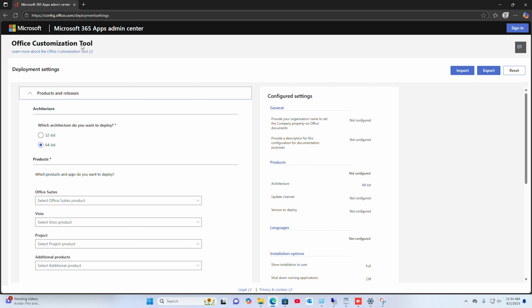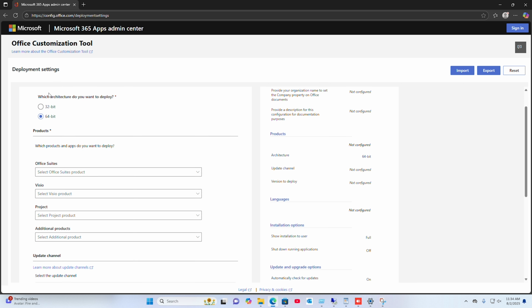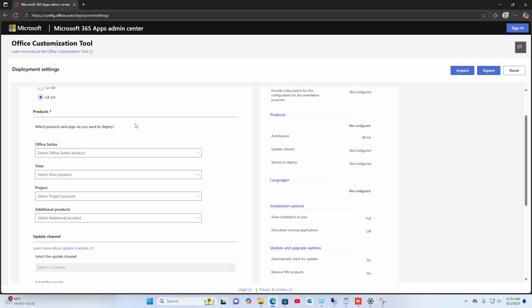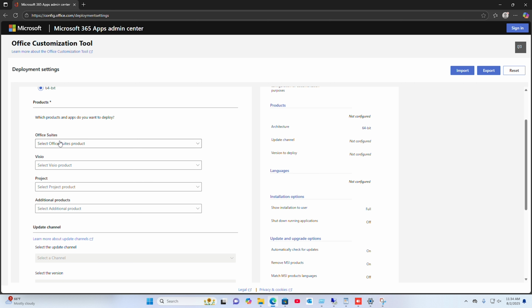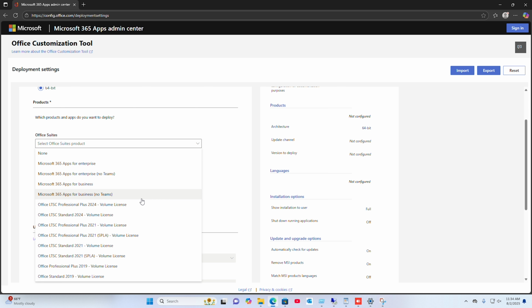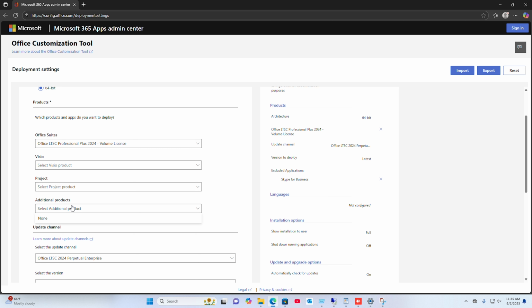After that we are going to get an Office customization tool, and there are deployment settings. We need to set a few things, and we are done. So the first thing we choose is our architecture. My machine is 64 bits, so I'm going to take 64 bits. Another thing, I'm going to choose the Office suite. I want this Volume Licensed Professional Plus LTSC 2024, and I will not choose